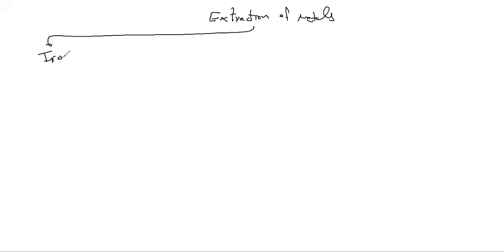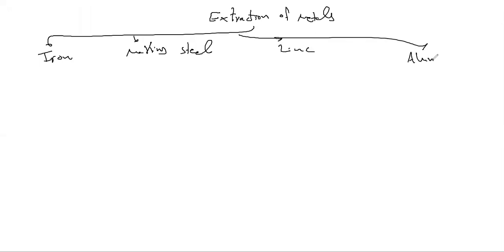Extraction of metals from their ores. We have extraction of iron and then making steel, then extraction of zinc and extraction of aluminum. For the first one, extraction of iron,